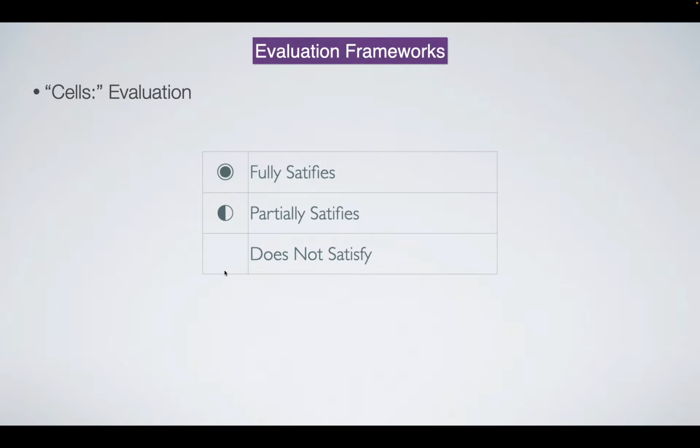This is not strict. You can use any metric itself. You don't have to use dots. An evaluation framework encompasses any kind of thing, but most problems can get simplified to this metric, okay? You can usually simplify every problem down to something as simple as full, partial, or none. You also don't necessarily need a partial for every single column, so it depends on the column itself. Some of them are very clear cut. Some of them are a little more, there's different ways of doing things.